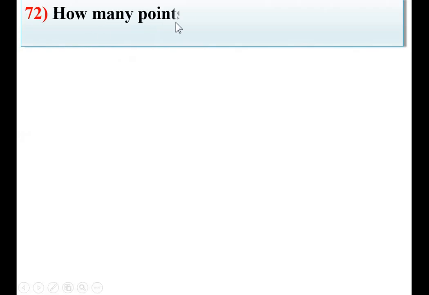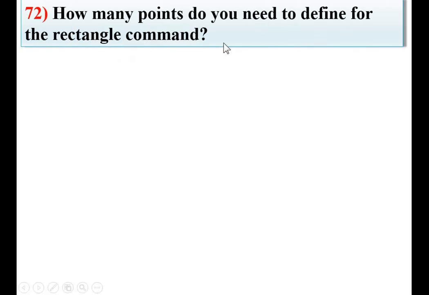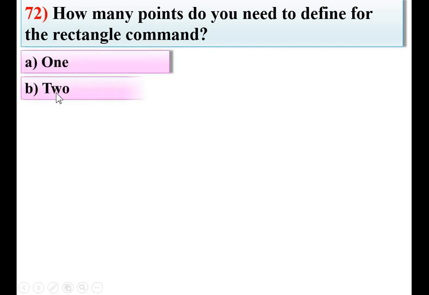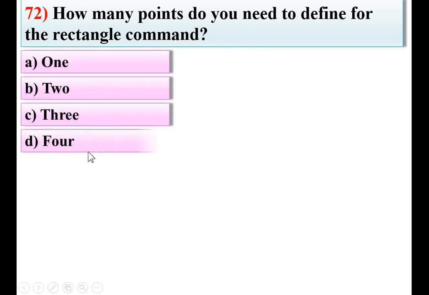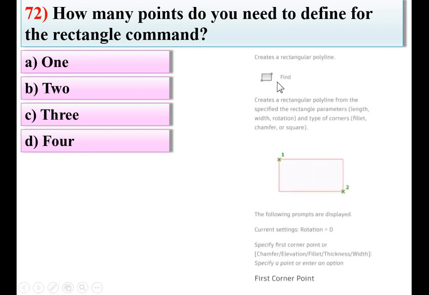Next, how many points do you need to define for the rectangle command? Option 1, 2, 3, 4. So here I am going to show one image. This is the symbol for the rectangle command, and the command symbol itself indicates that 2 points are required to define a rectangle.